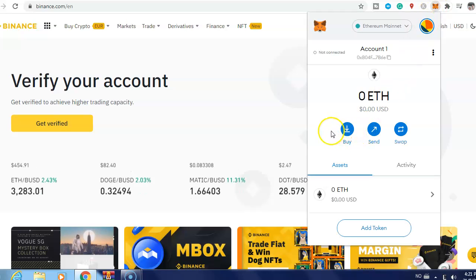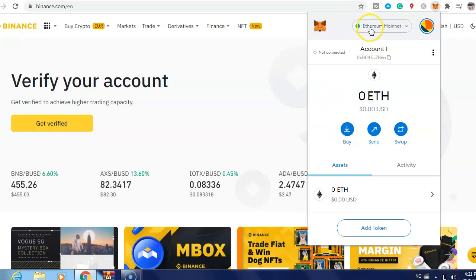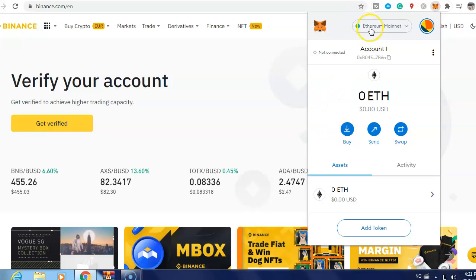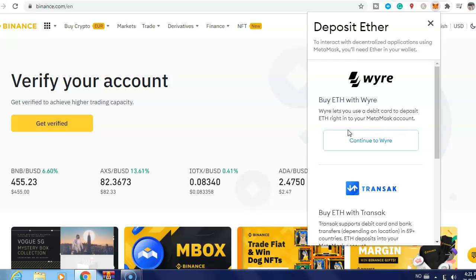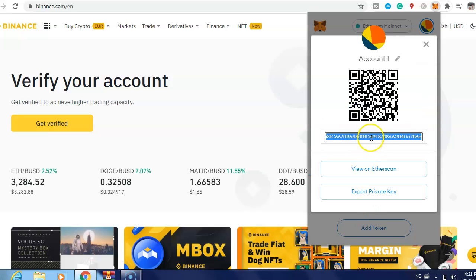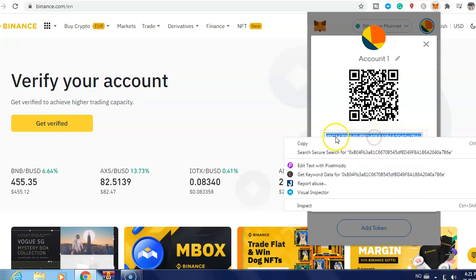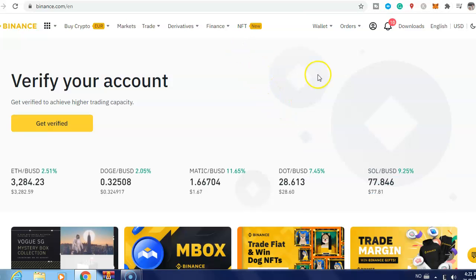And then just click, no, before that just be sure that here you select Ethereum, and then just click buy. After that select view account, and then just copy this address. Copy, and now just go to Binance